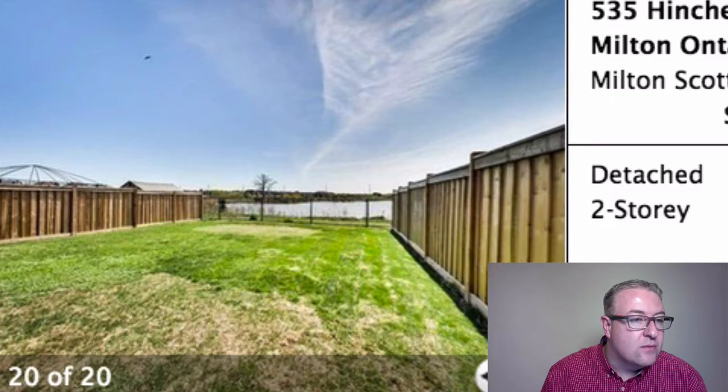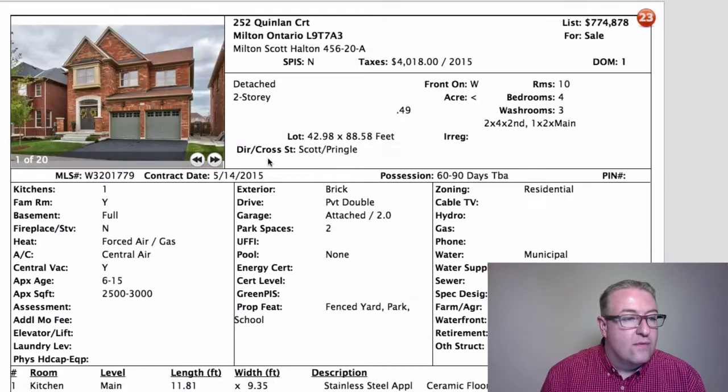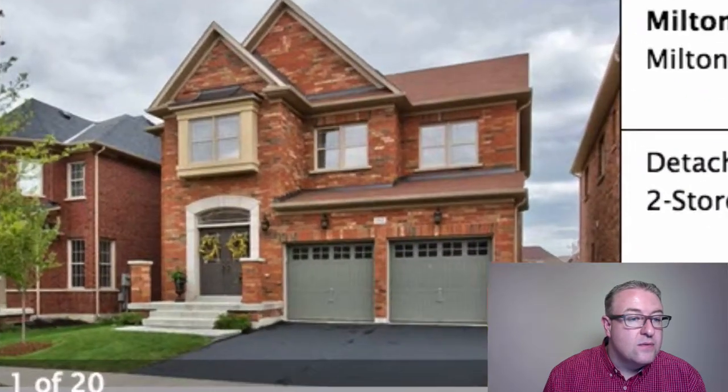You've got the balcony where you can even kind of watch your kids. You can let them go play in the park and then just sit here with a glass of wine and just watch the world go by. I like this one a lot. It's a good home. For $25,000 more, you go a little bit bigger and you stay in the same neighborhood